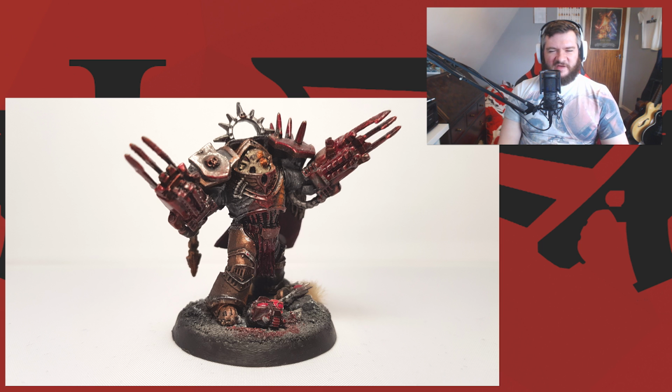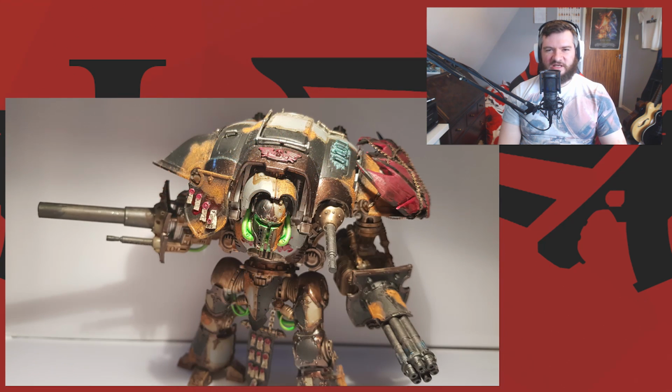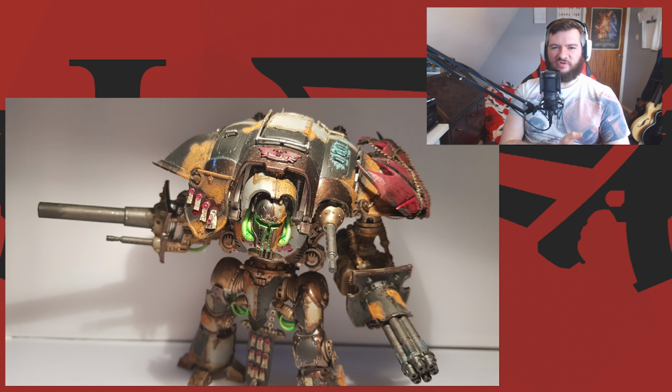I think just to finish this, there's also an aspect of simplicity as well. You don't always have to take three kits and smash them together. You don't have to take a bunch of parts from like Puppets War or something and slap them all over your models in an attempt to make them different. Sometimes a single detail can be all that you really need, whether it be a uniform piece that every model has, like a particular shoulder pad on one side or a particular helmet,